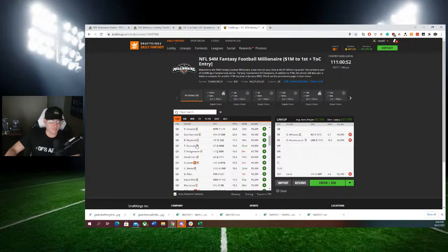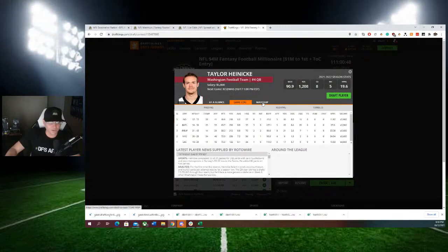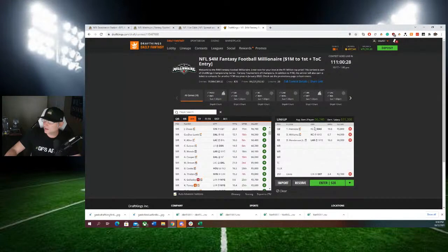Taylor Heinicke. Now, I don't think that Heinicke is good for 36 fantasy points. Let's be clear on this. I don't think he's getting us there, but I do think we're probably good for 25-ish fantasy points in this spot. And for 5,800, that's a solid 4X. He should get us a solid 4x. So I wouldn't mind upgrading it, but if I'm forced to, I'll play some Taylor Heinicke right there at my